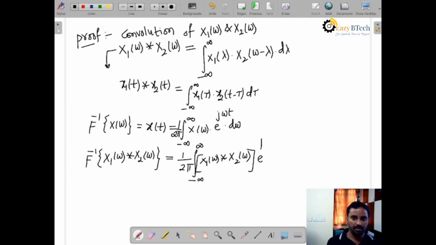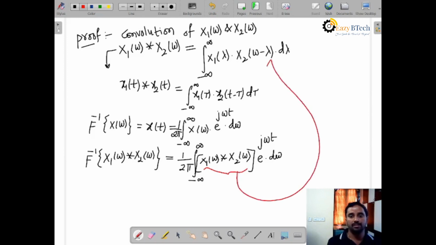Into e to the power j omega t d omega. So this already we know. We discussed this convolution, right? So I am going to take that and substitute here: x1 of omega convolution x2 of omega. Let's have substitution. Then it is equal to 1 by 2 pi